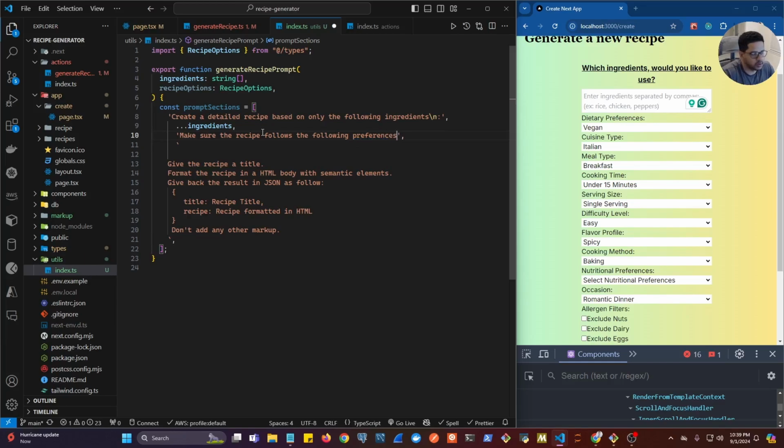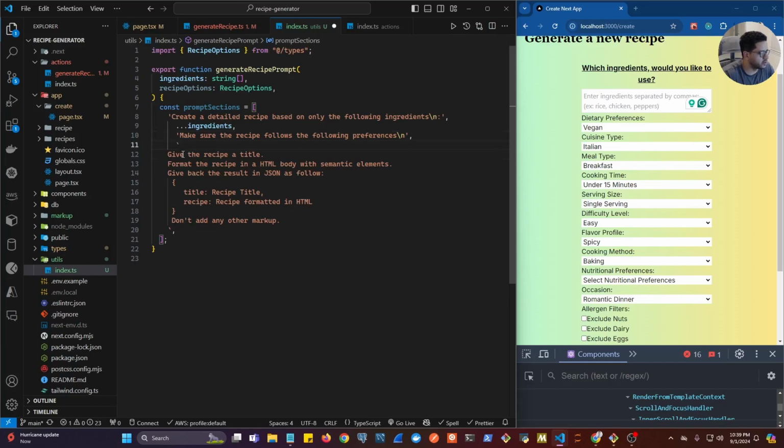There we go. And then let's put a new line here again. So first section of the prompt will be: create a detailed recipe based on only the following ingredients. New line. We spread the ingredients, and then we say: make sure the recipe follows the following preferences. New line. And now here, let's see. I think we're gonna push this to. And let's see,